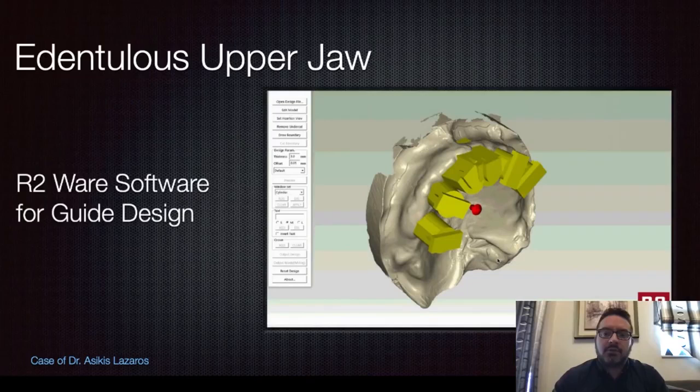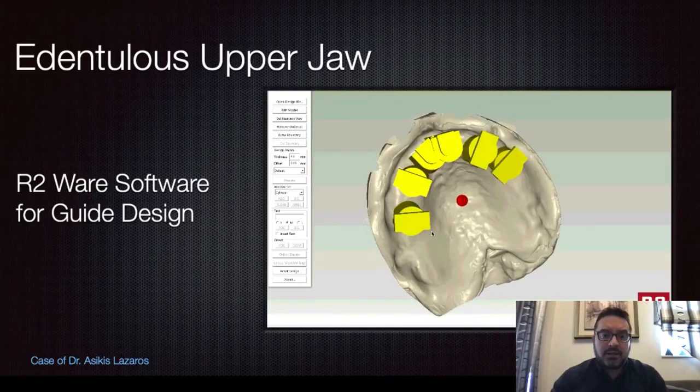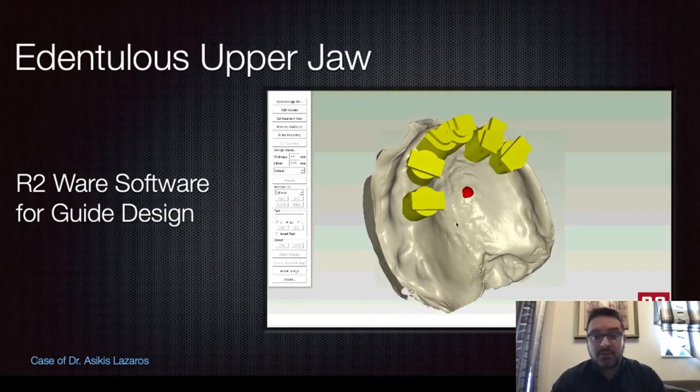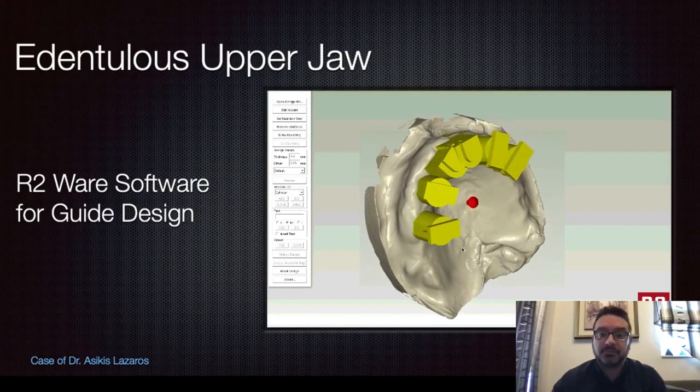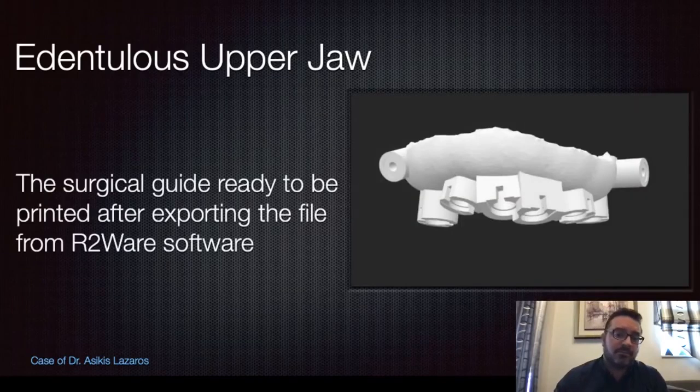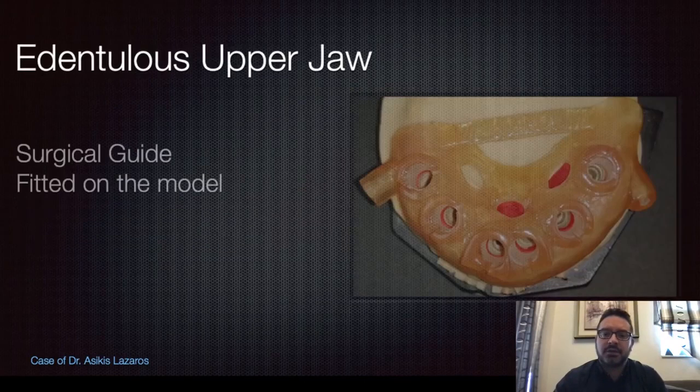This is the hardware software. When we export the surgical guide, here we can design this surgical guide. These are the holes and the sleeves, and they're going to be the sleeves for our surgical guide, as you can see. And after extracting this file, you also have to print the surgical guide. This is the STL file that is exported from the hardware software. As you can see the pins, there are 2 pins. Also, there is a palatal support in this case, and a bar for supporting the surgical guide.